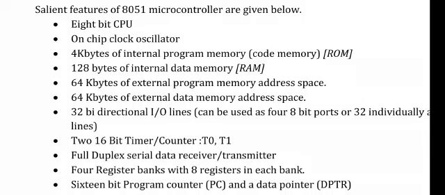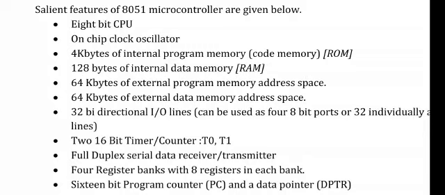The ARM is 16-bit and 32-bit, and a 16-bit version of the 8051 is also available. It has an on-chip clock oscillator, so we just have to attach a crystal circuit and we can have a clock oscillator. Normally it runs up to 12 megahertz, but higher versions are also available, 16 megahertz and so on.